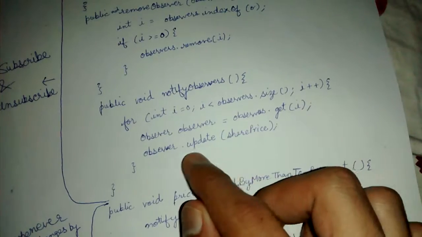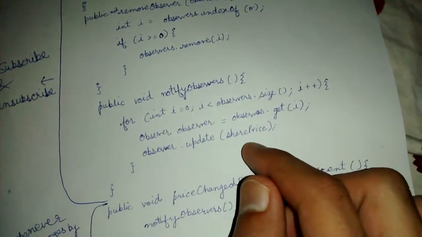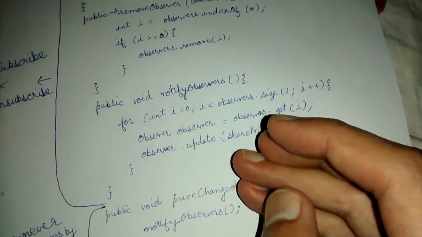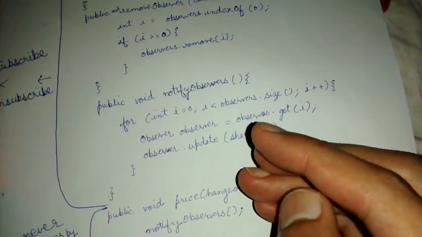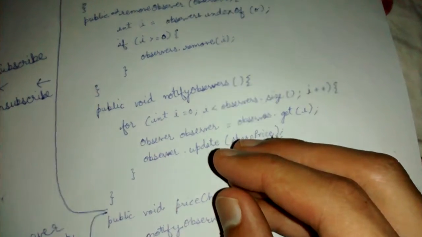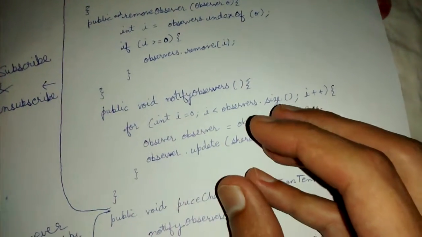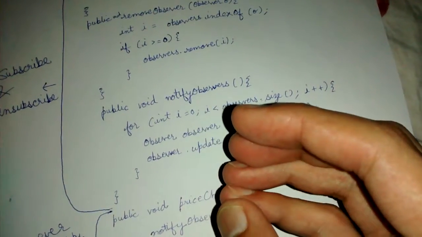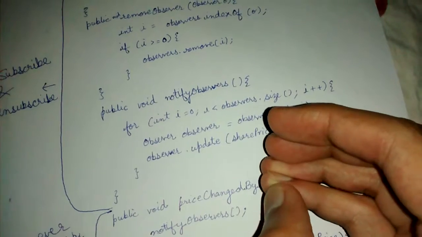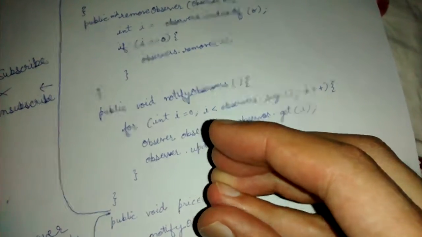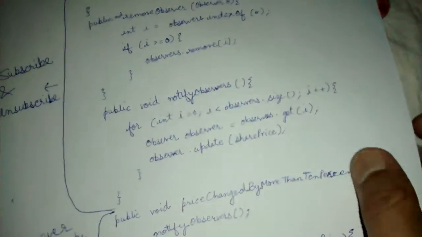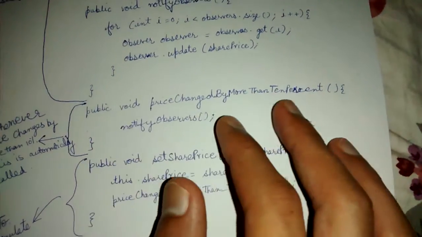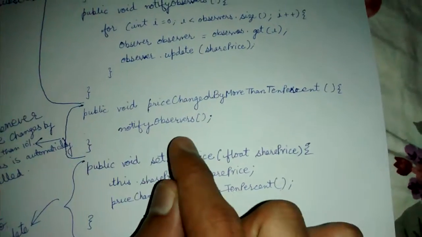It is basically a setter for the share price attribute of that observer, which that observer has. So share price attribute is basically used as an information of the shares price which our observer currently has. So our observer knows that share price is this, so it will be updated only if there is a 10% or more increase. So whenever this method is called, price change by more than 10%, we will notify all the observers,